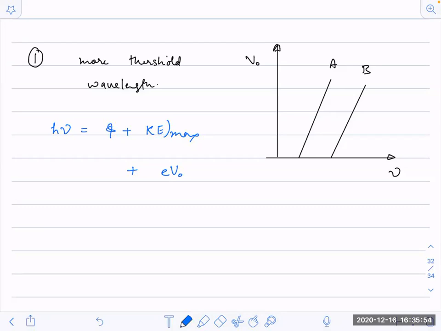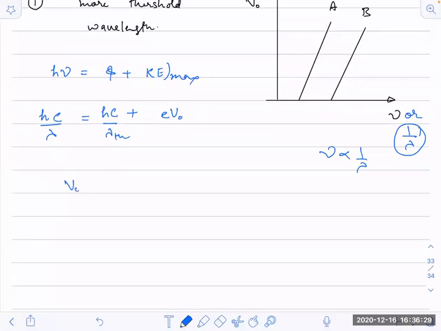In terms of wavelength, if I write this energy, I'll be writing it in terms of hc by lambda. Now, mu is inversely proportional to lambda, so I can say that this is mu or this is 1 by lambda. I can say it either way. It's up to me.